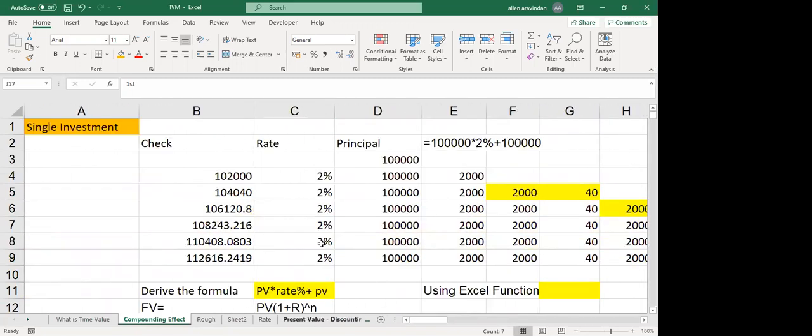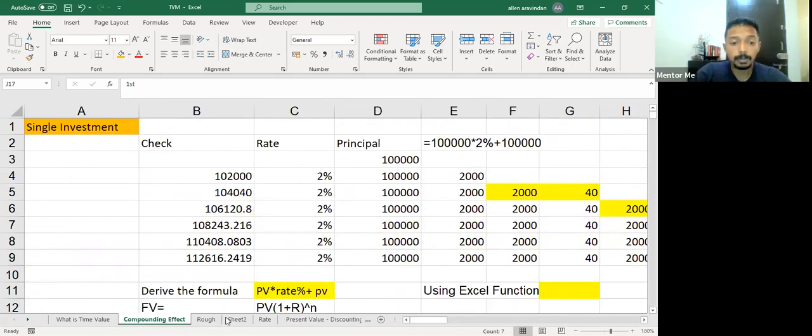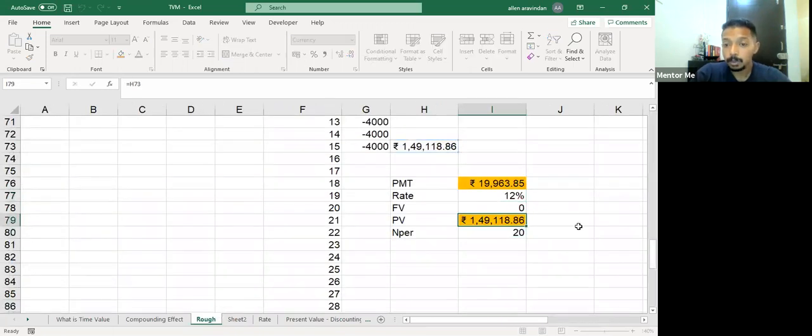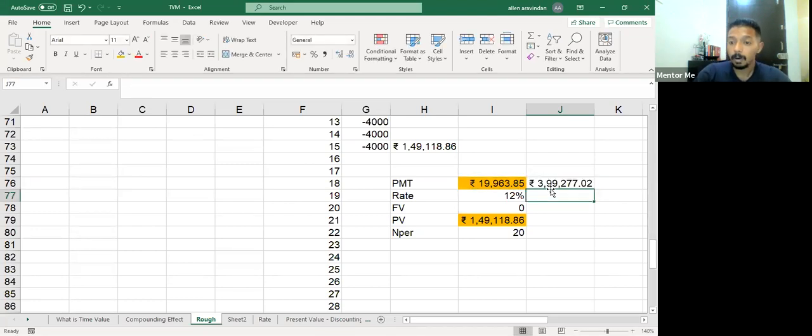Yes, sir. So this is tremendous. That's why I'm saying, people don't understand time value of money. Because imagine if you had to draw out the same withdrawals only from cash, how much money would you require? You would require a lot of money, almost 4 lakh rupees, versus now you just need 1,49,000 because you are generating a higher interest rate.